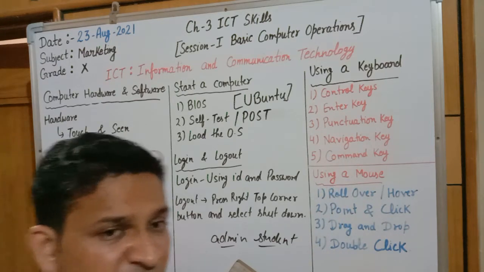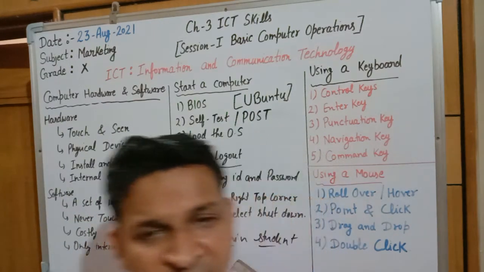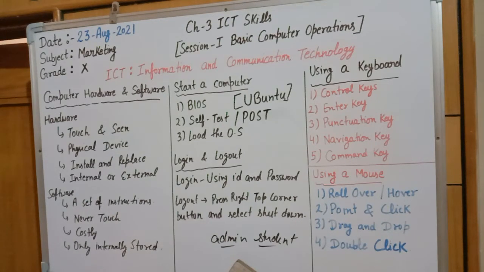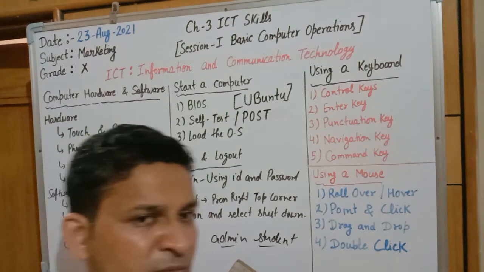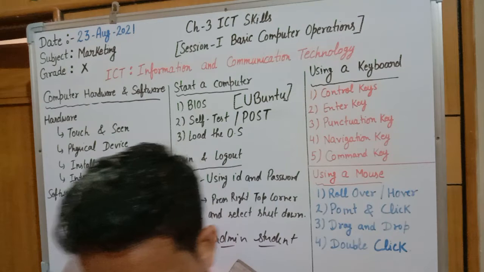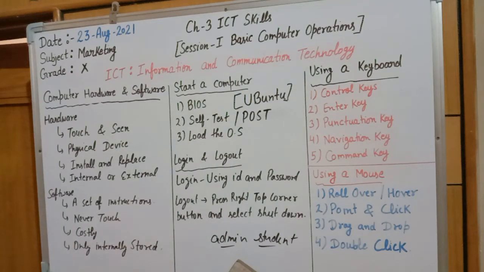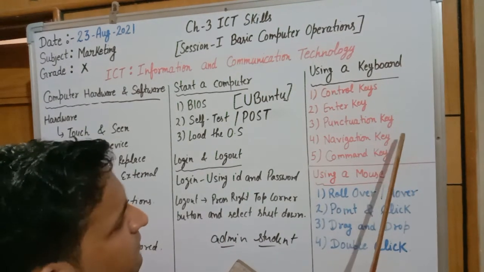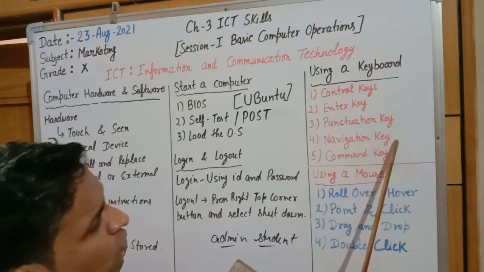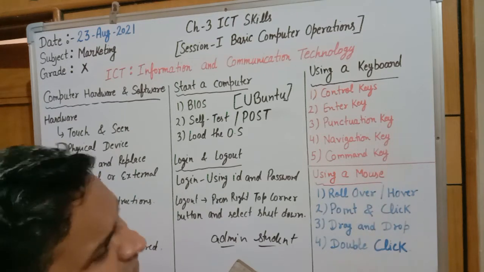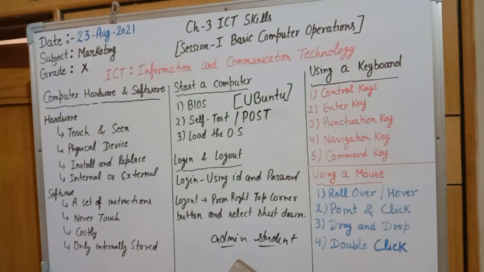And the navigation key is used to change the direction. If we want to send our cursor to the left side, right side, top side or bottom side, 4 types of arrow keys are available. We can use any type of arrow key. It can also be page up, page down, home, and these are all navigation keys. It means it will change the position of the cursor from one to another.